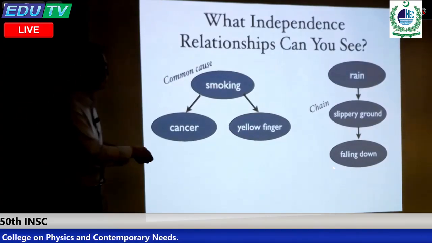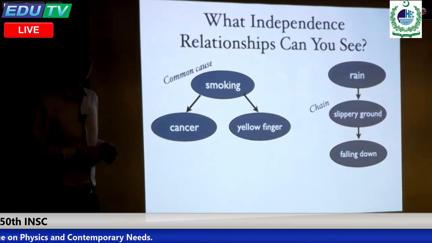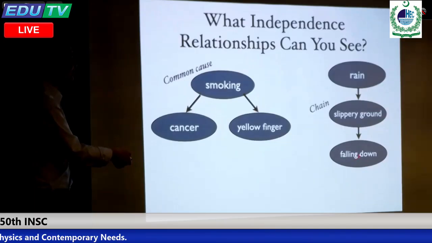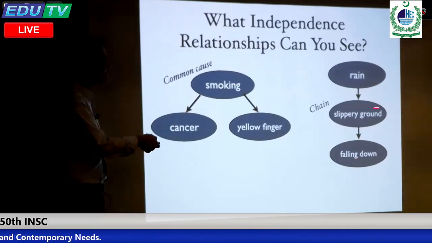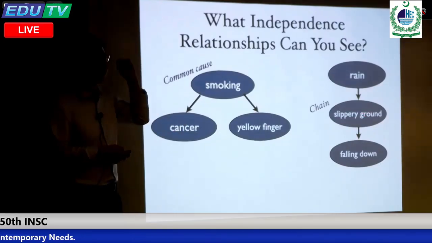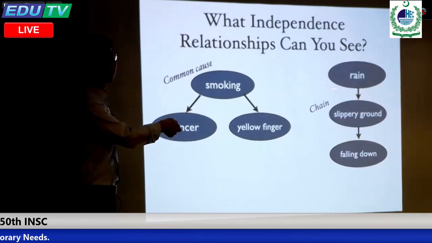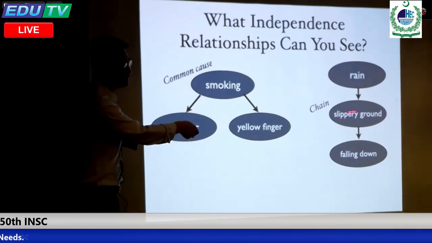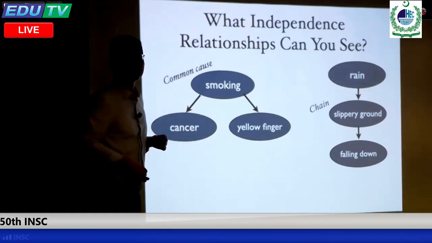Cool. So now, similarly, right here, can you see a conditional independence relationship? So this is the grandparent, this is a parent, and this is the child, right? Now you can see here, this is fine. However, if I fix the value of the parent, or consider a particular fixed value, then this would not be relevant because all the influence takes place via this node. If I fix this one, then they are independent, right?